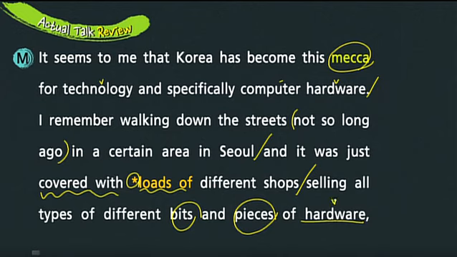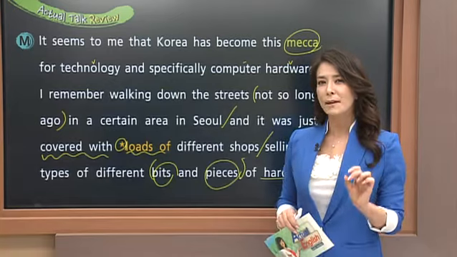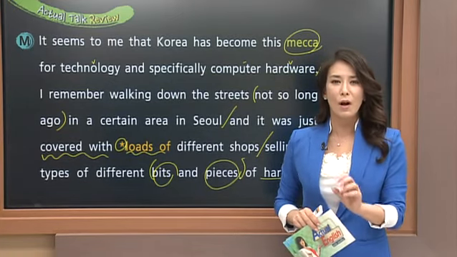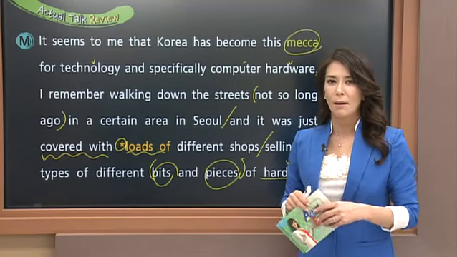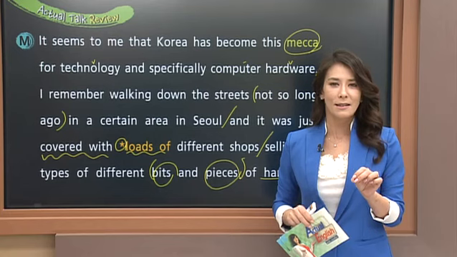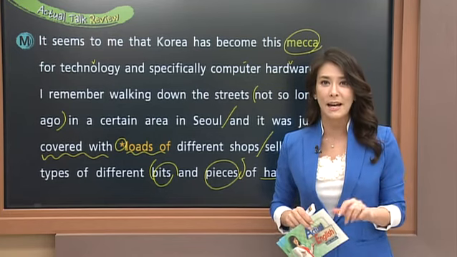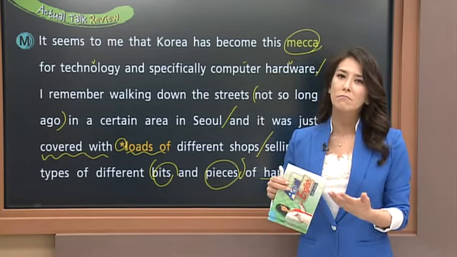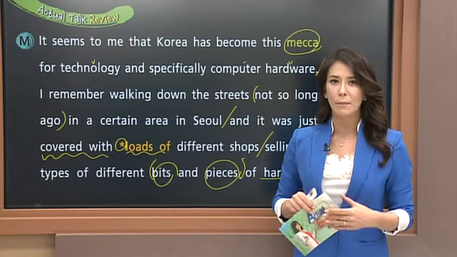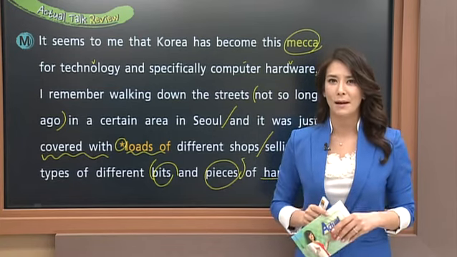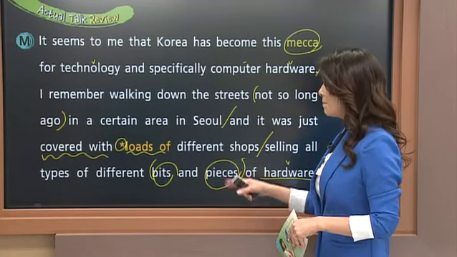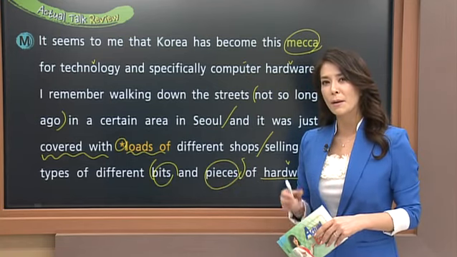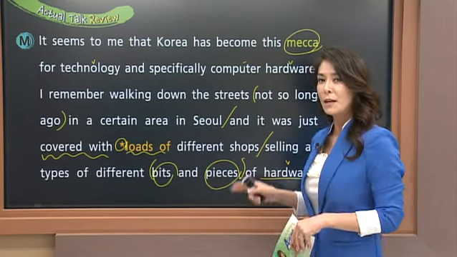So we're talking about hardware, but he says bits and pieces of something. If you say bits and pieces, you're talking about small things, many small things, okay? A bit is another word for a little bit, and pieces can be large or small, but usually when you say a piece of something, you're talking about a small portion of something. Okay, so when you say bits and pieces of something, we're talking about small little things of something, of hardware,